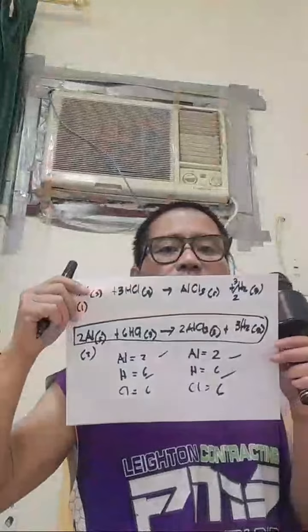So aluminum chloride, in gaseous state, times the number of moles. How many moles in our balanced equation here that we balanced perfectly? So we have 2 moles of aluminum chloride. Okay, I just put that 2, and then plus the summation